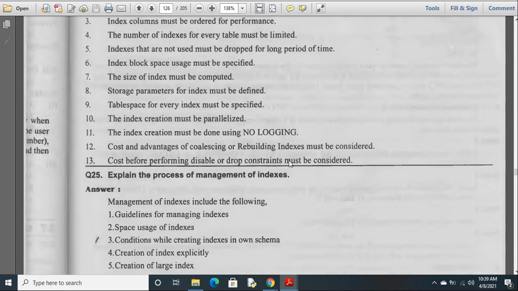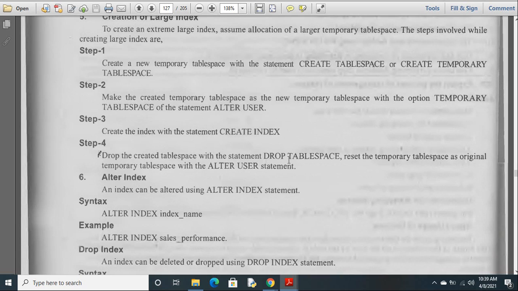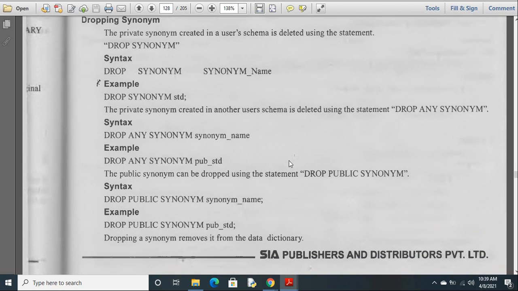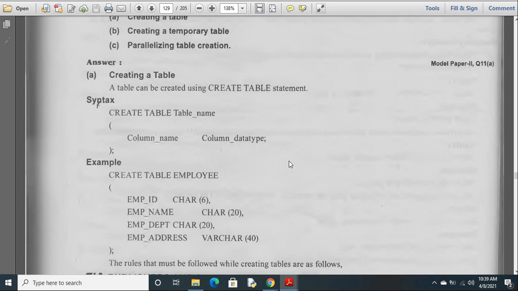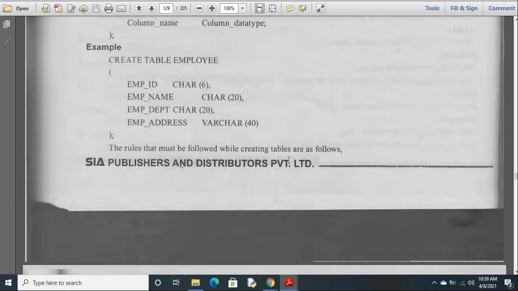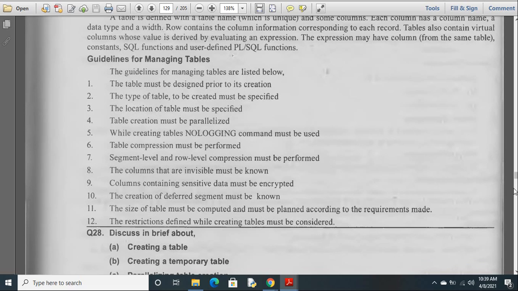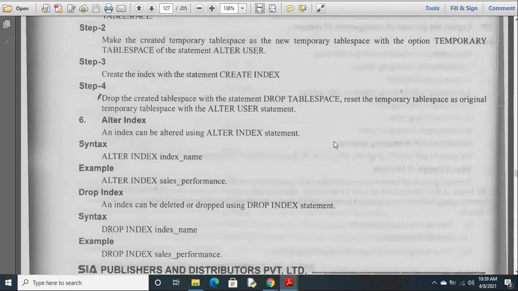Only three topics are left in unit 3. Once we are done with these three, then that's done. Before we finish, you just revise unit 3, whatever you have learnt till now.